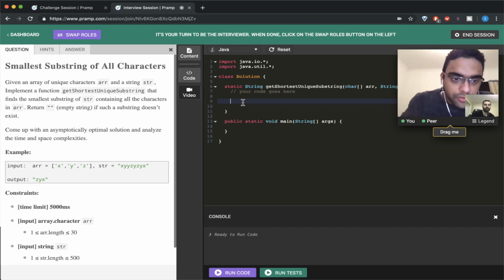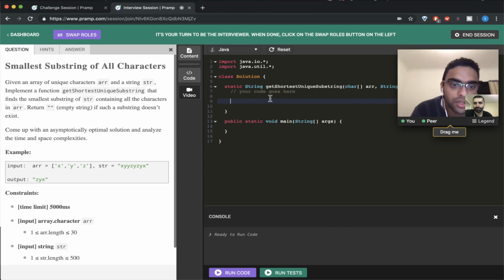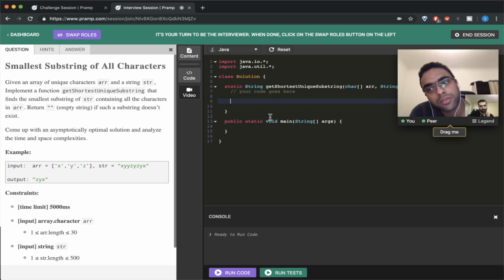We have two things. First, we need to figure out how to divide the string into substrings. Second, how to compare between the array and the string in constant time. So if they are unique, and if we sum the characters, no, it should not be unique, right? No, it shouldn't, because if we have a